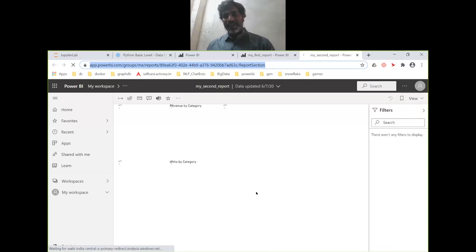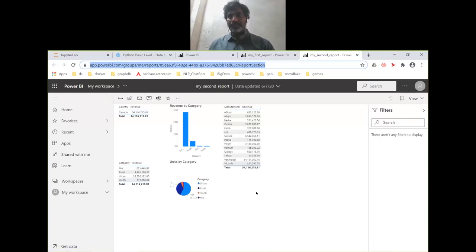Now we developed here how many reports? You developed here how many reports? Two. One report using Microsoft SQL Server database. One report using Microsoft Office Excel file. These two things I want to see in a single dashboard. I want to see it in a single dashboard. How to create a dashboard using these two reports?